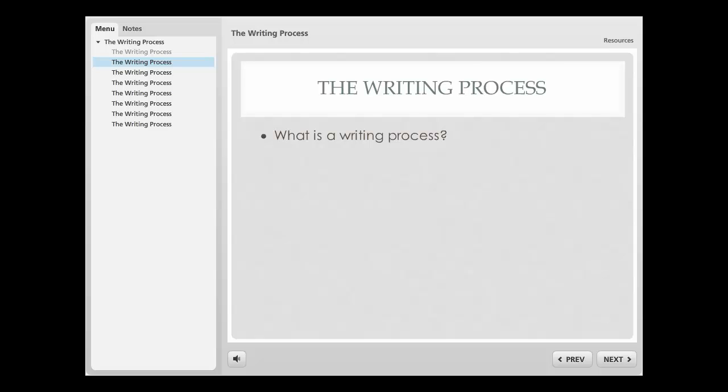Think for a moment on how you approach a writing task. How do you get started? What do you need to do before you begin writing? What environment is most suitable for you to write in? Do you revise your work? Do you complete multiple drafts? Do you ever meet with anyone else to have them look over your work before you submit it? These are all items that can factor into your writing process, and they are all things that we will consider